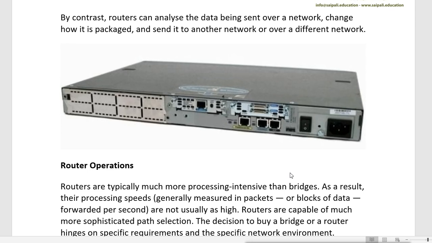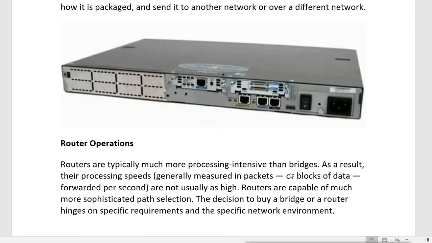It can analyze the packet, open the packet, and do other things also. The routers also work on layer 3. Hubs work on layer 1, switches work on layer 2, and routers work on layer 3. They can analyze the source and destination IP addresses, and other things also.